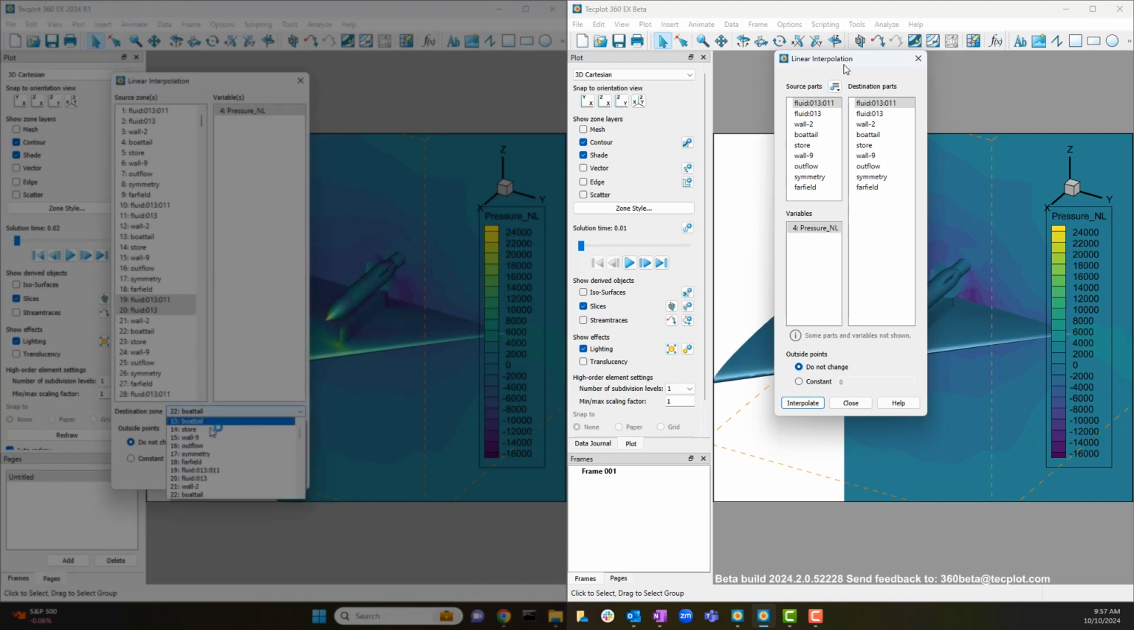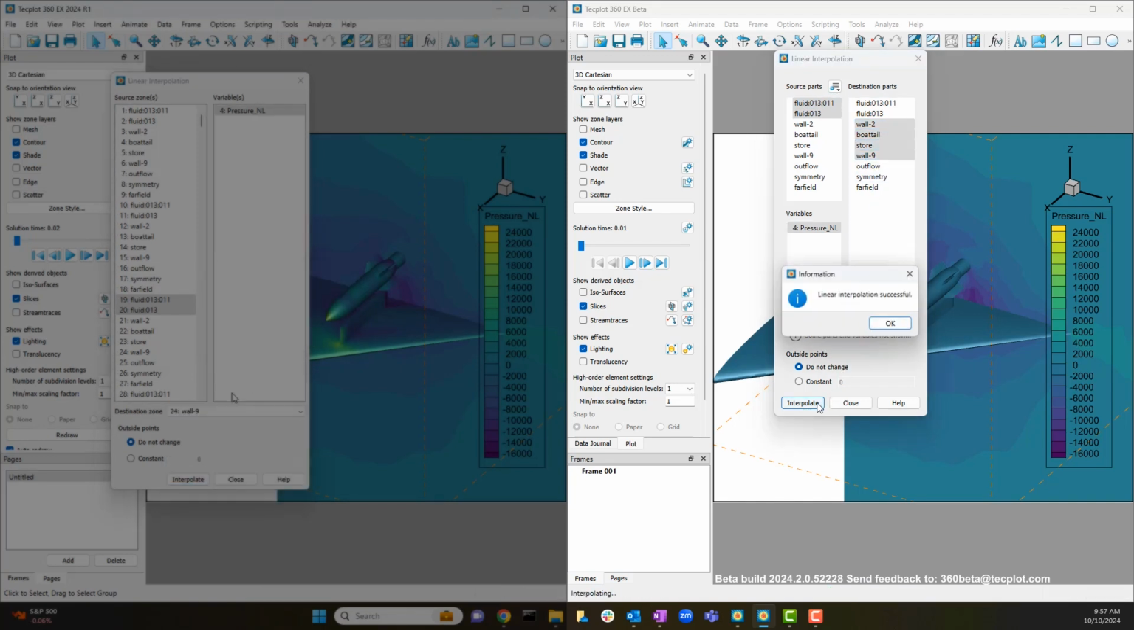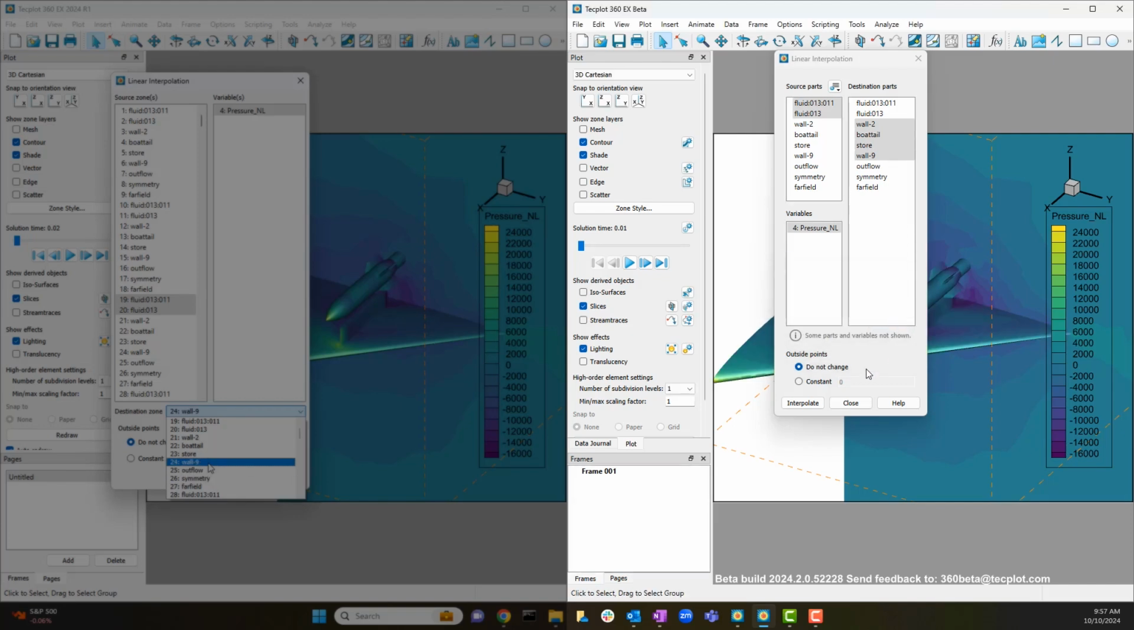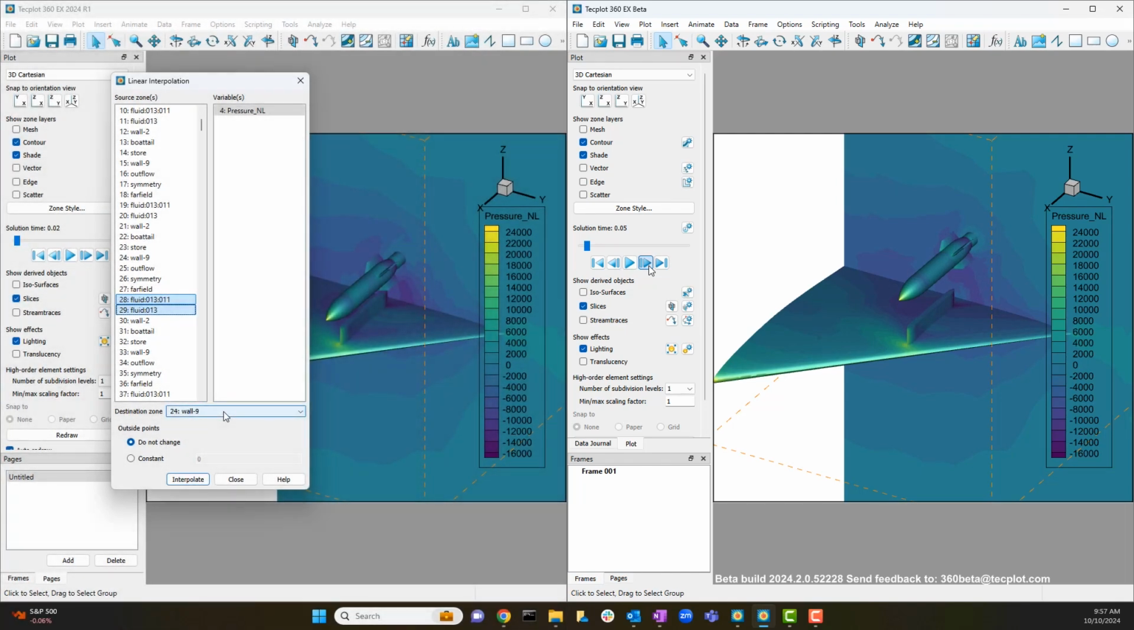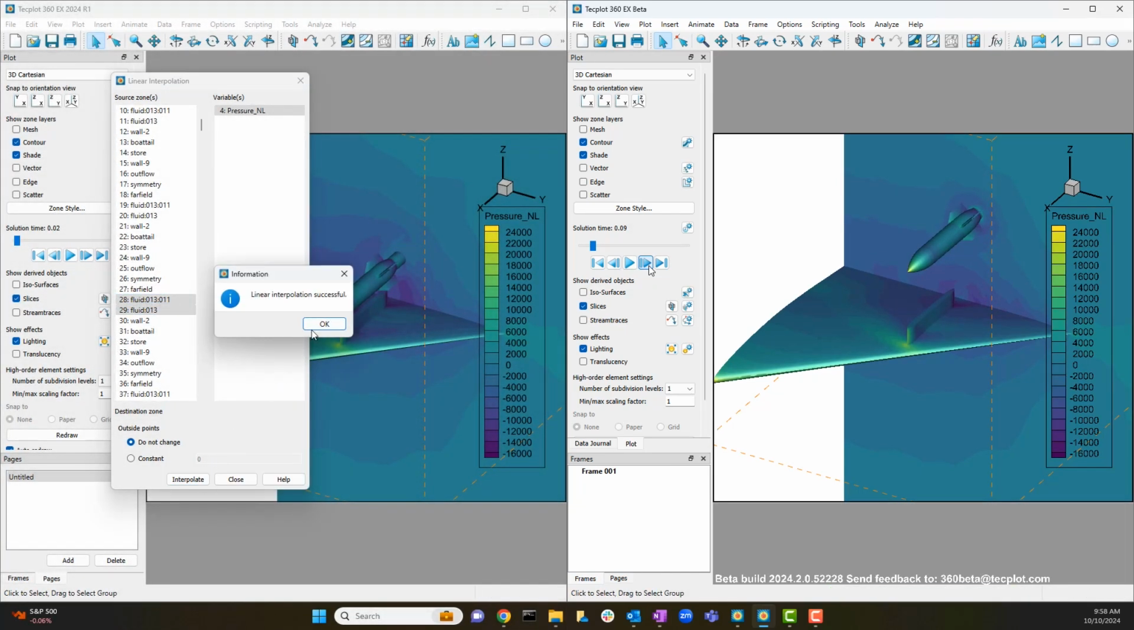All we need to do is select the fluid volume parts for our source parts and our wing, pylon, and store surfaces for our destination parts, and click Interpolate. Now pressure values appear on the surface, and as we step through time, we can see that 360MB repeats the interpolation on the fly. Meanwhile, on the left side of the screen, I'm still struggling in 360EX to complete this